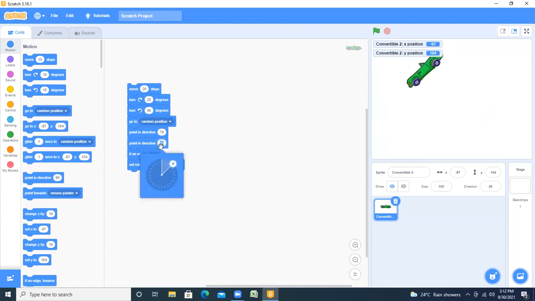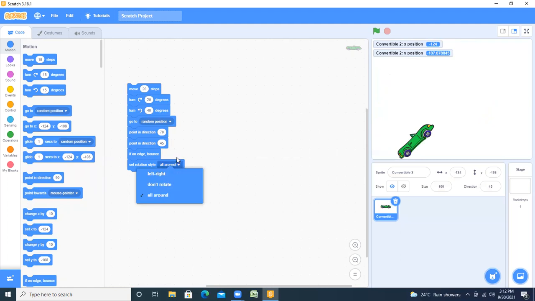Point direction 45, now it is 45 degrees. If on edge, bounce. Then set the rotation style all around. All around means now it moves anywhere, left, right, or anywhere. So dear students, in this way we can move our own sprite that we have created.